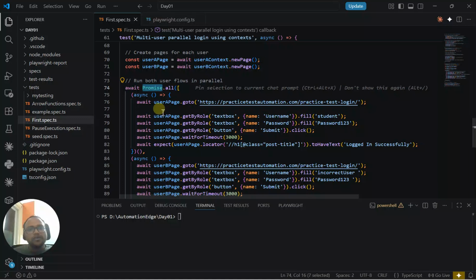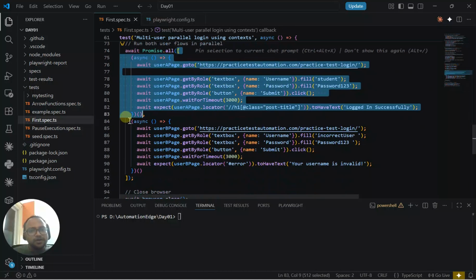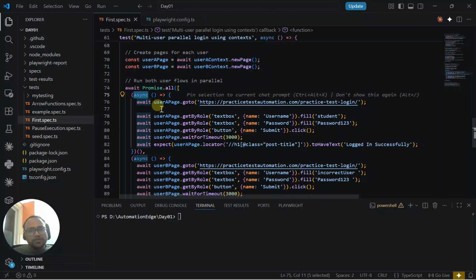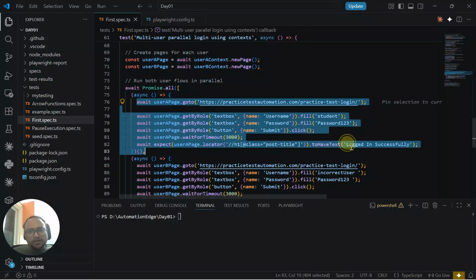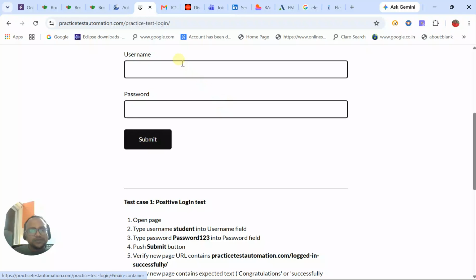Here we can use the Promise.all method. In the all method, the second argument is an arrow function. In the arrow function, what are the test statements? I just want to launch the application URL, then enter the username and password, and thereafter click on the login button. If you see the application, this is the username field, this is the password field, and this is the submit button. So how to identify these